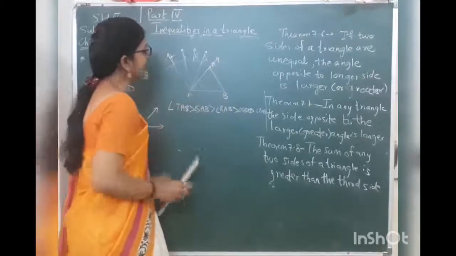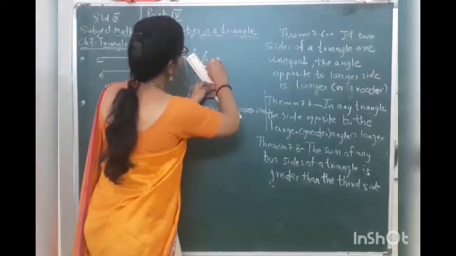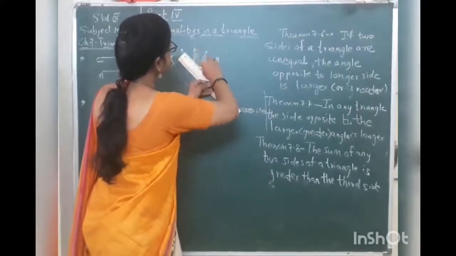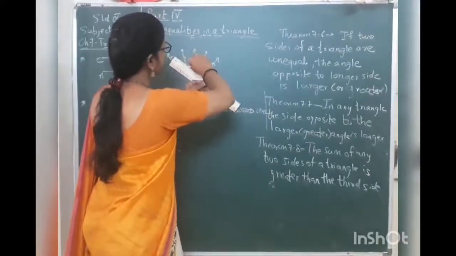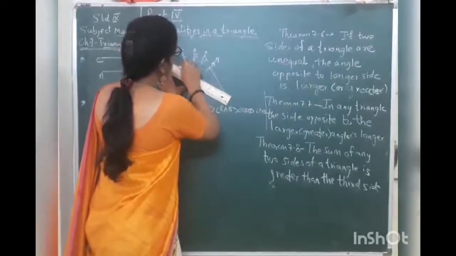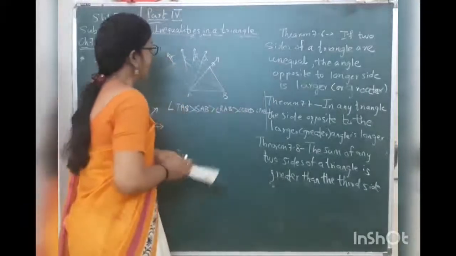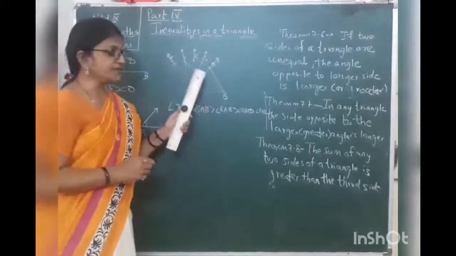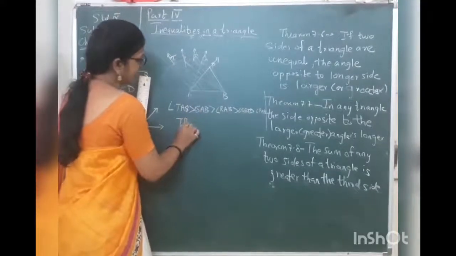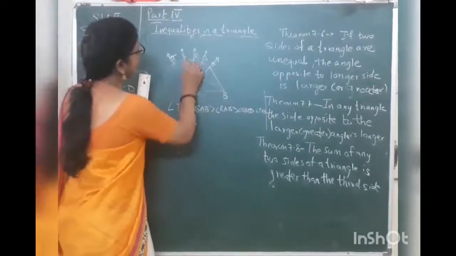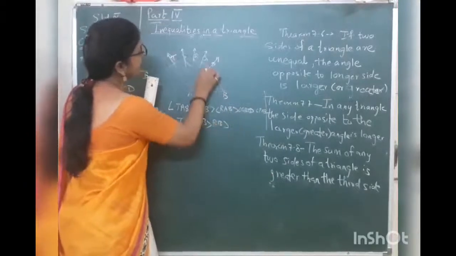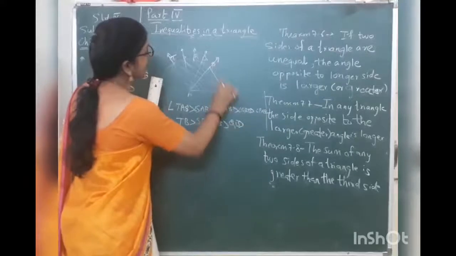Now what can you say about the length of this side? If you compare the length of this side, this line segment, that is the third side of the triangle, TB seems to be larger. So the length of side TB is greater than the length of side SB, greater than the length of side RB, greater than QB, and lastly greater than PB.